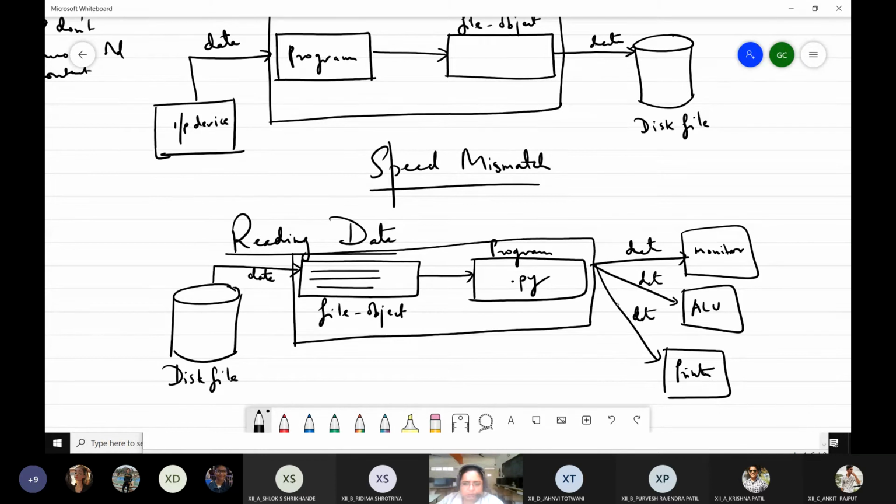Okay, so it depends upon the statements written in the program itself. So whatever the programmer chooses, it will be done. So the direction is like this. So here basically it is the output device which is working.